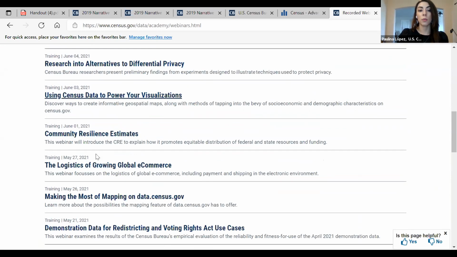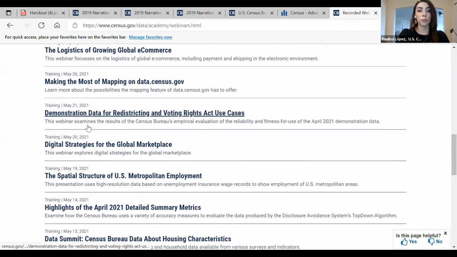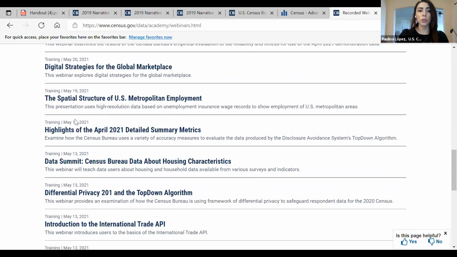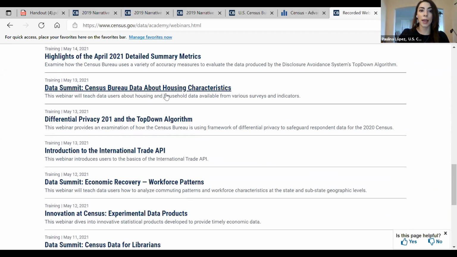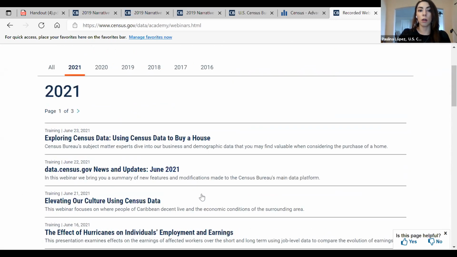We also have a community resilience estimates database, and this webinar shows you how to use that. There's also demonstration data for redistricting. These are much more specialized, like housing characteristics, trade information, data for librarians. So this is all in one place.